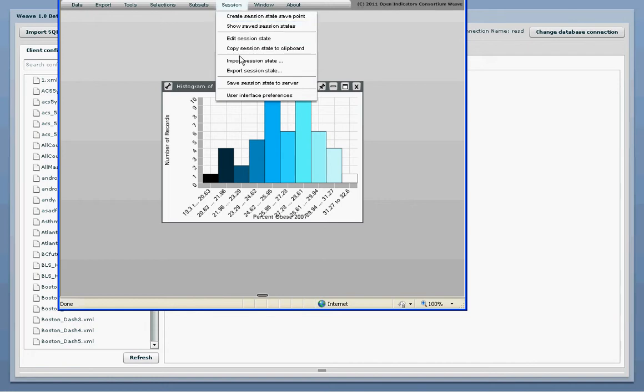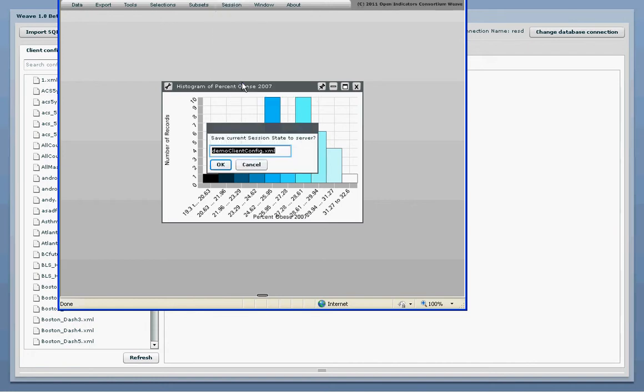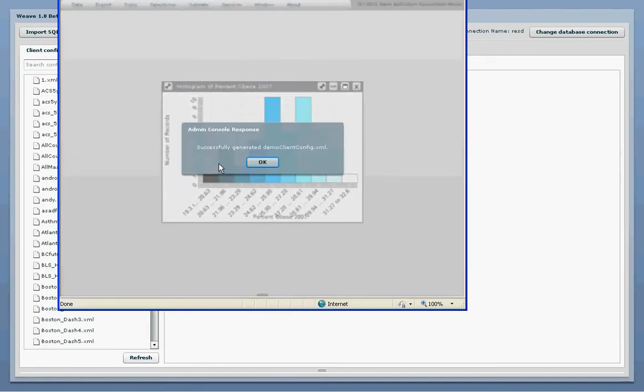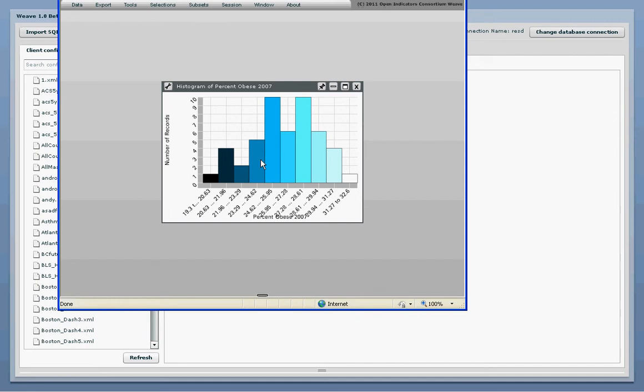and select Save Session State to Server. Enter any name you wish, leaving the .xml file extension at the end. Hit OK to create the client configuration, and a pop-up will appear indicating you have been successful. Hit OK. You can now publicly link to this instance of Weave by selecting everything in the URL up to